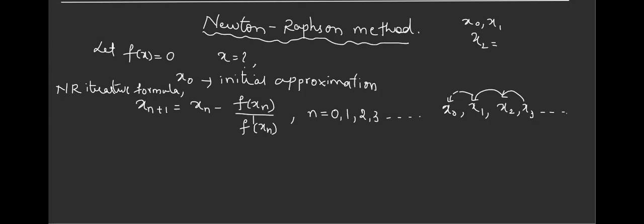Now what we do, just put n equal to 0. Tell me what you'll get. Okay, this is the iterative formula. You have to remember this and write it properly. One more thing, this is my f of x. What does f dash of x denote? Differentiation, the derivative of f of x with respect to x.